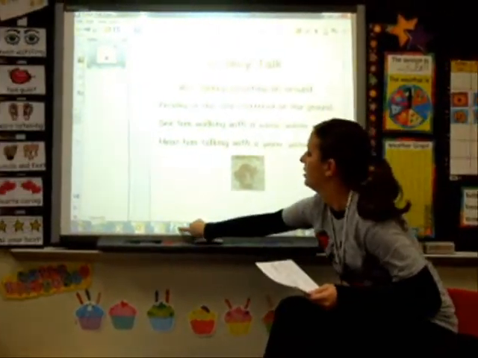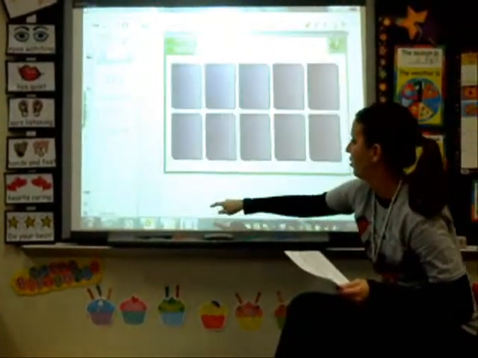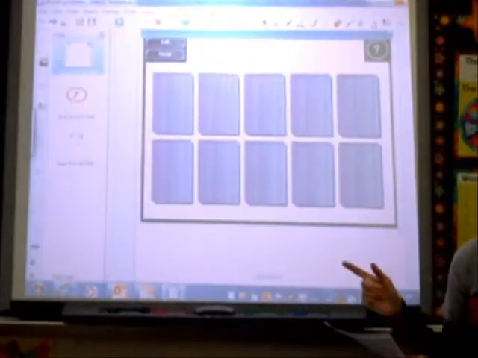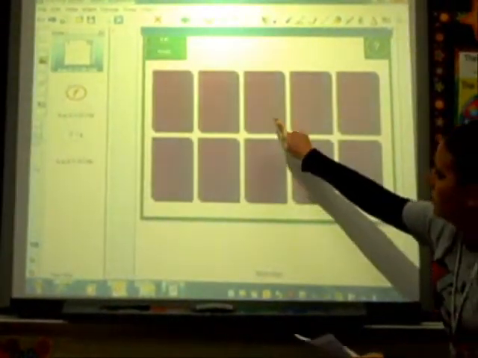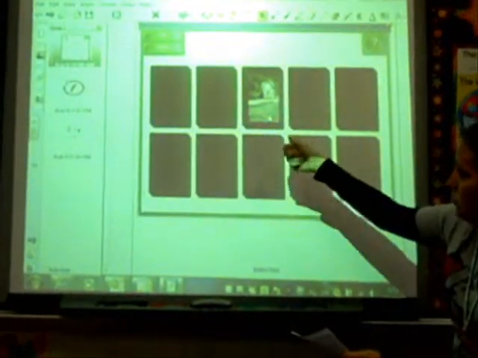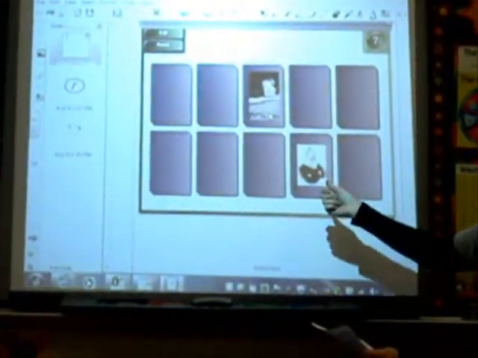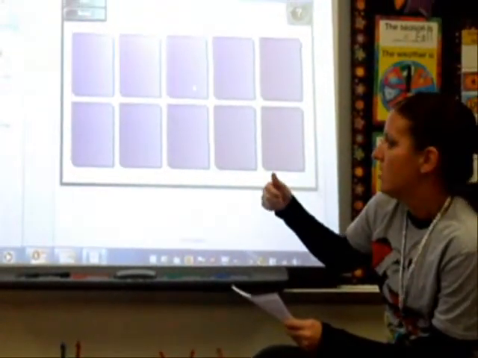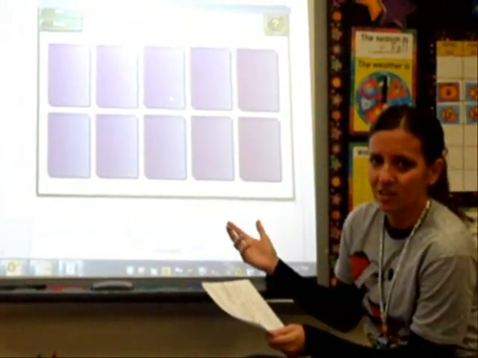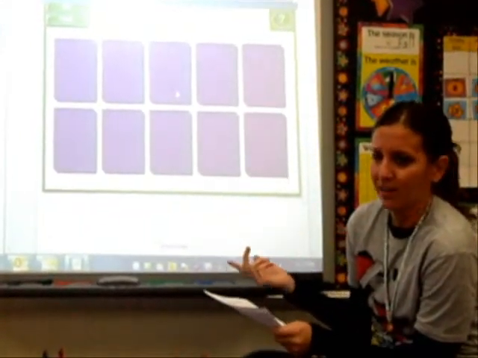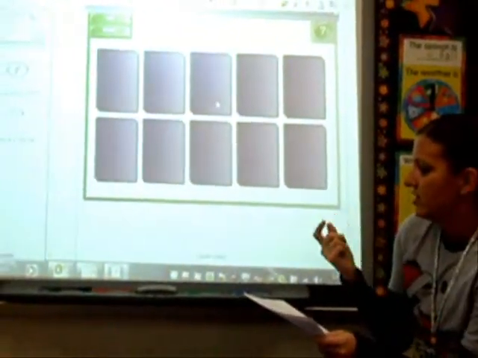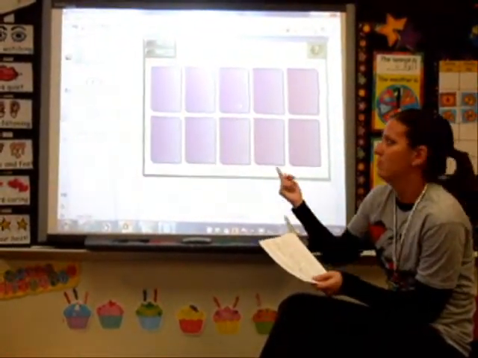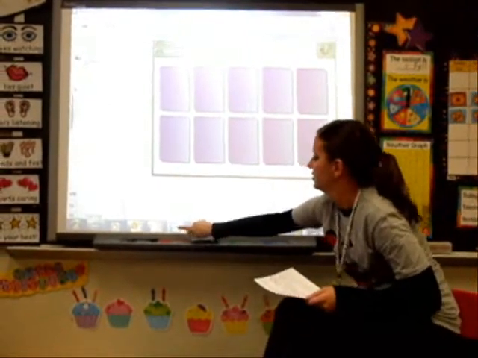Some other things I use it for are different activities with the alphabet or word work. This is a game for rhyming words, and they can come up and choose a picture, and they just click on it to see if they rhyme, and it's self-checking also, so they can play it on their own at a center, or I can do a whole group to practice the skills. Lots of times I'll use them for time fillers. If we just have a couple minutes before lunch, we'll play a game such as that one, or there's another example